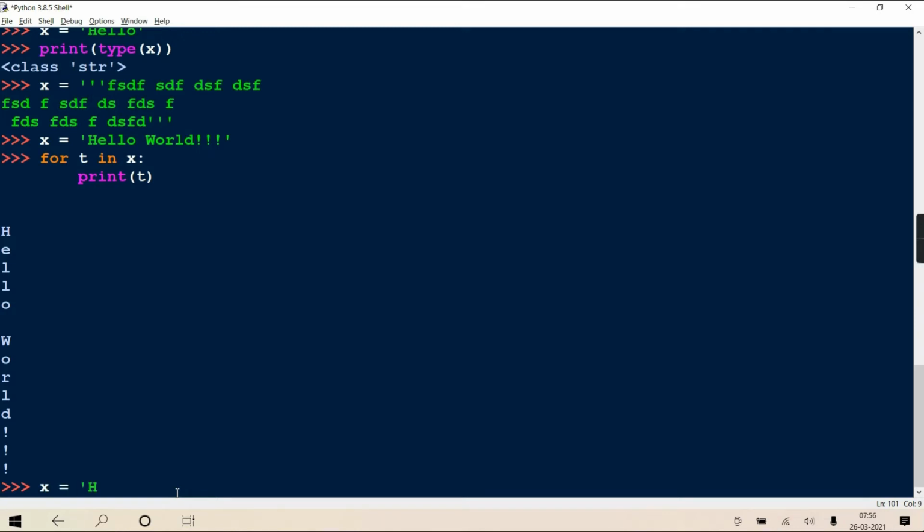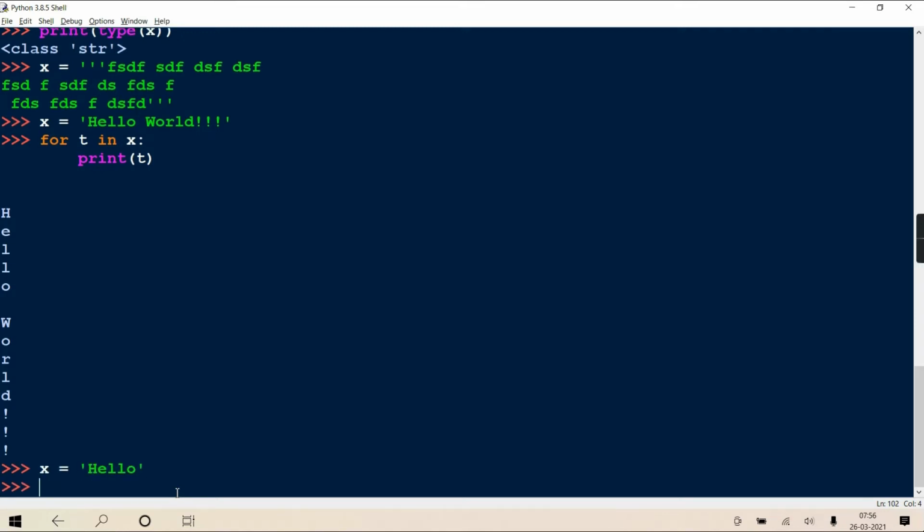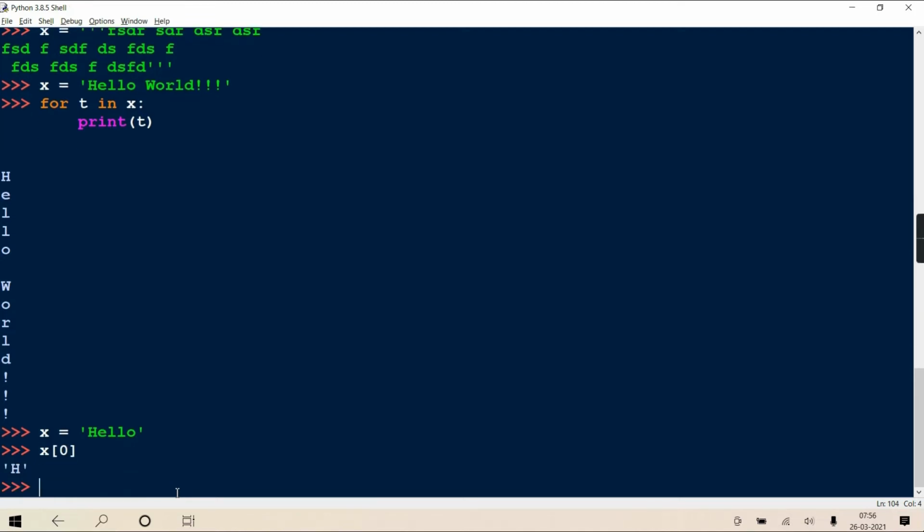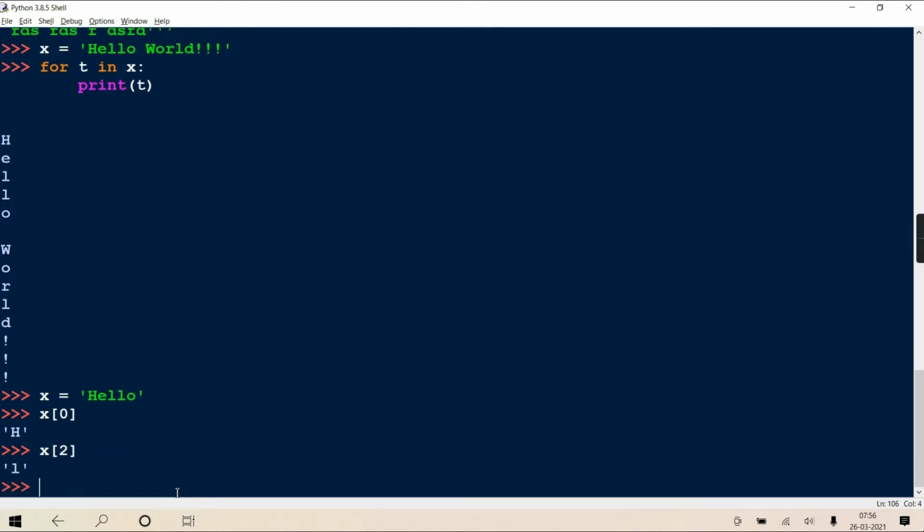If x is hello, x of 0 will give you h, and x of 2 will give l. It is the same square bracket mechanism we apply on a tuple or list, and negative indexing is possible here also.